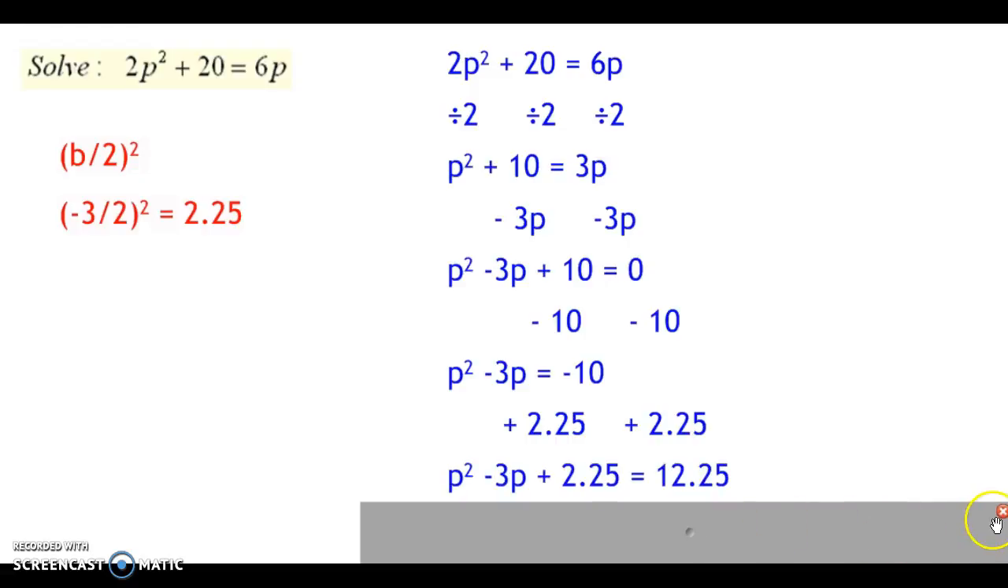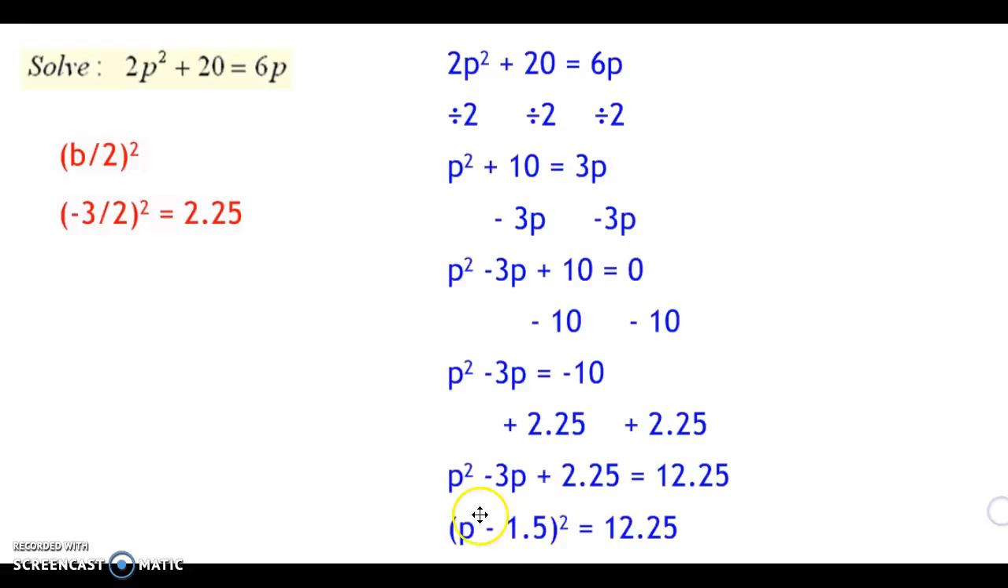Now the only thing left for me to do is turn it into a perfect square by taking this term and cutting it in half. That term cut in half